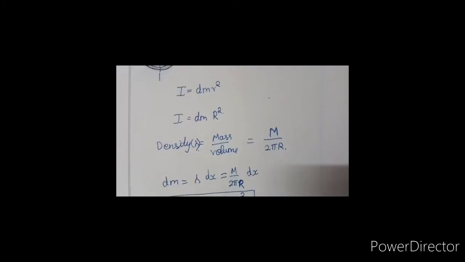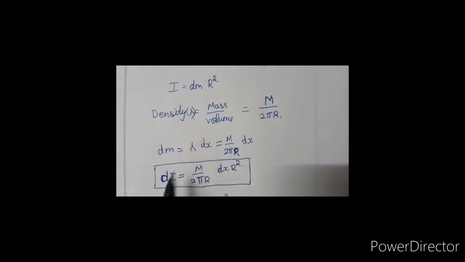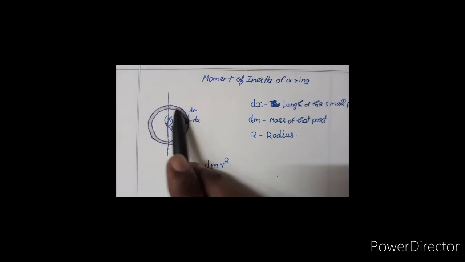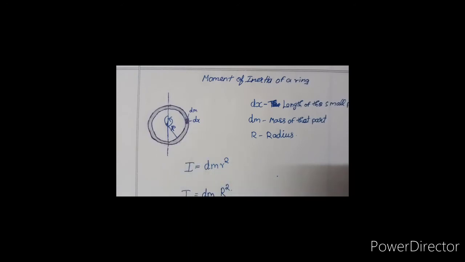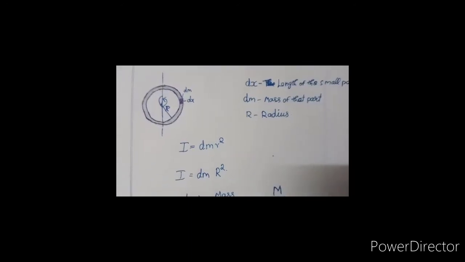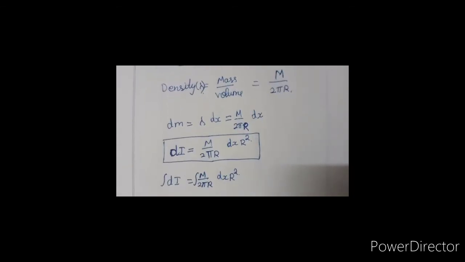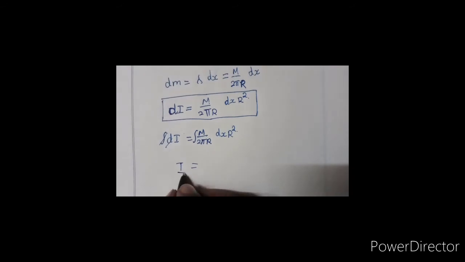Now we have calculated the formula for the small part in this circumference. As there are many small parts in the circumference, when we sum up all the parts we get the total length of this ring. We already found that the total length of the ring is 2 pi r. So we can do integration on both sides, and I is equal to